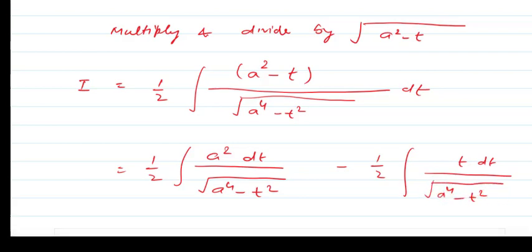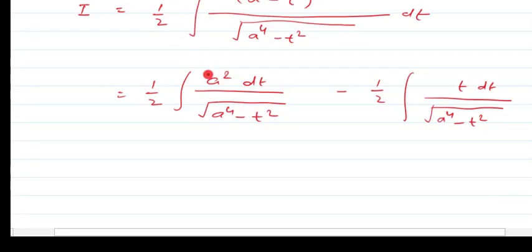Okay, now a square is a constant term, it will be out of the integration sign. So आपके पास क्या बचा, dt upon a power 4 minus t square, and as I told, a power 4 हो 5 हो 3 upon 2 हो, doesn't matter क्योंकि this is a constant term. तो यहाँ से हमें कोई फर्क नहीं पड़ेगा. तो ये कौन सा टाइप हो गया, it is simply of the type square root of a square minus t square in the denominator. And you know this is one of the results that we have discussed in the previous video. I hope that you will be able to do such type of questions very easily.